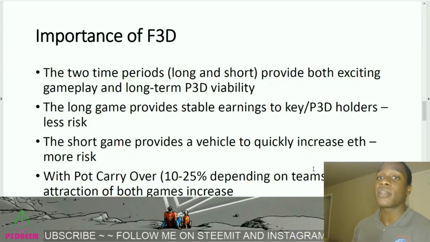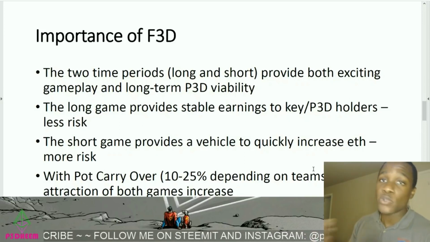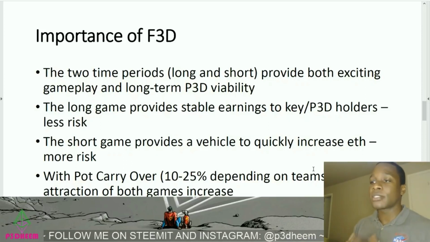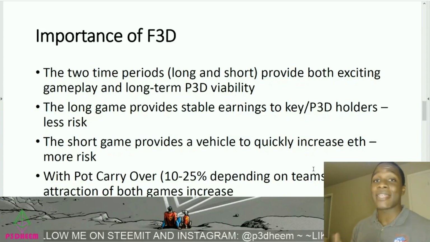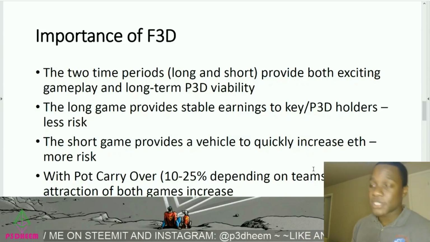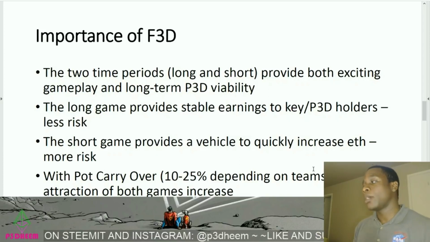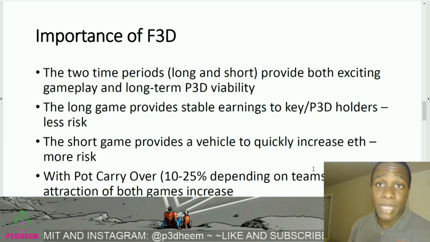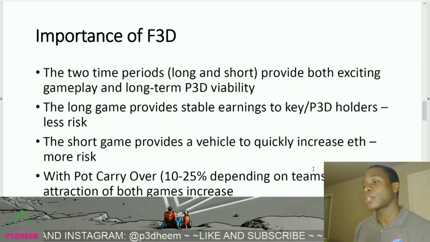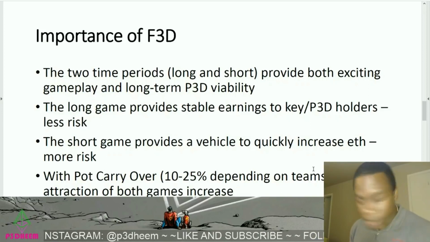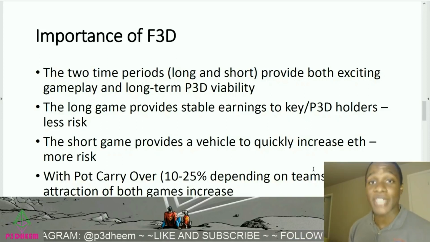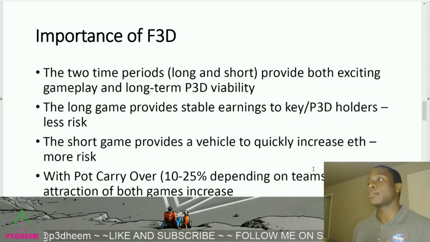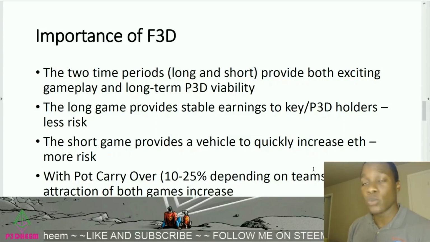So each time an iteration of this goes through, the pot is increased by 10 to 25% depending on the team that was chosen. So this is not going to take too much, as far as the long game, this is not going to affect it as much. But if you think about 10% of a million, you're already starting with a $100,000 pot. But that is a little bit farther down the road. As far as the short term, 10 to 25% on very short gameplay of the shorter contract, the minute and 30-second contract, it's going to be an exponential increase in the amount of attraction for the short game, right? So I think all of these things combined make a sort of a loop, if you will.